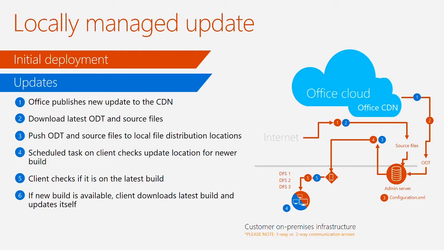From the IT side, it's heavy. How do I get the bits down? How do I get them packaged? I have to get them distributed. From a client perspective, it just looks at it and goes, oh, there's a newer build, I'm just going to install. So it simplifies it a little bit from a client side. It does add some overhead from an IT admin perspective. And at that point, it will always check there. It'll download it. It'll install it. Again, to the point that was made a couple times, the Office apps actually have to be shut down, et cetera, but it would install it from that location.